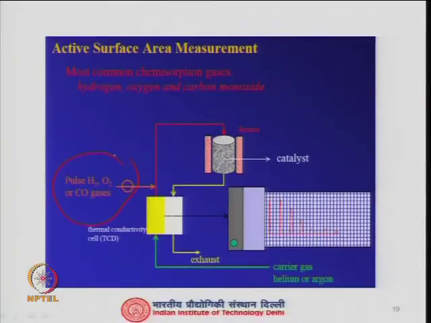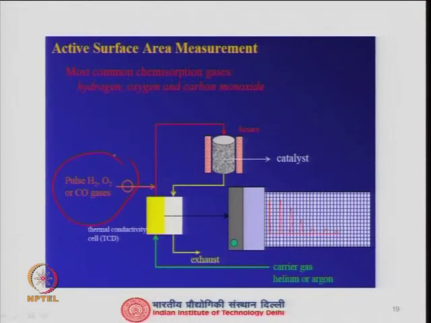So, you can have some idea about the metal support interaction, or what you call SMSI, strong metal support interaction, or just metal support interaction. In this kind of setup, you give a pulse of any reactive gas, which can be hydrogen, oxygen or carbon monoxide. That is what generally most of the time we use, but sometimes N2O can also be used, chemisorption with